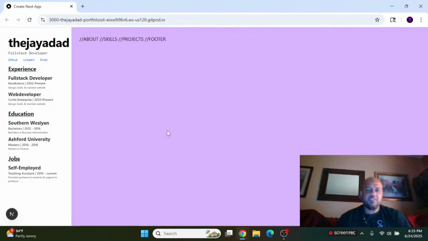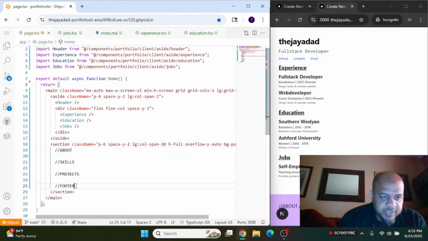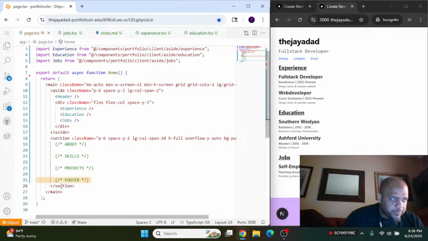On large devices, perfect. It is taking up the right portion of the screen, which is exactly what I want, to give it a resume feel, where we have the personal information on the left, and on the right we have all of our accomplishments or things we've done. But I do realize that this is not the correct syntax, so let me update that. All right, so with that,